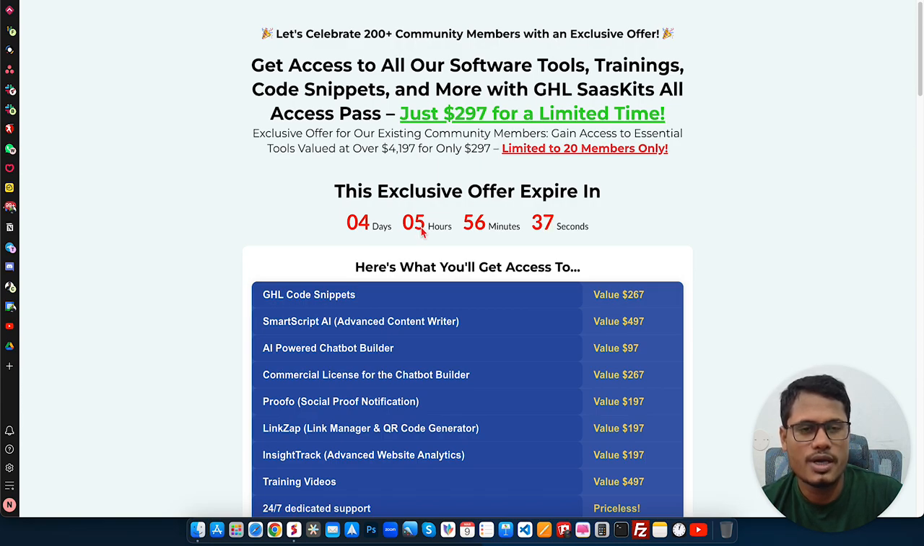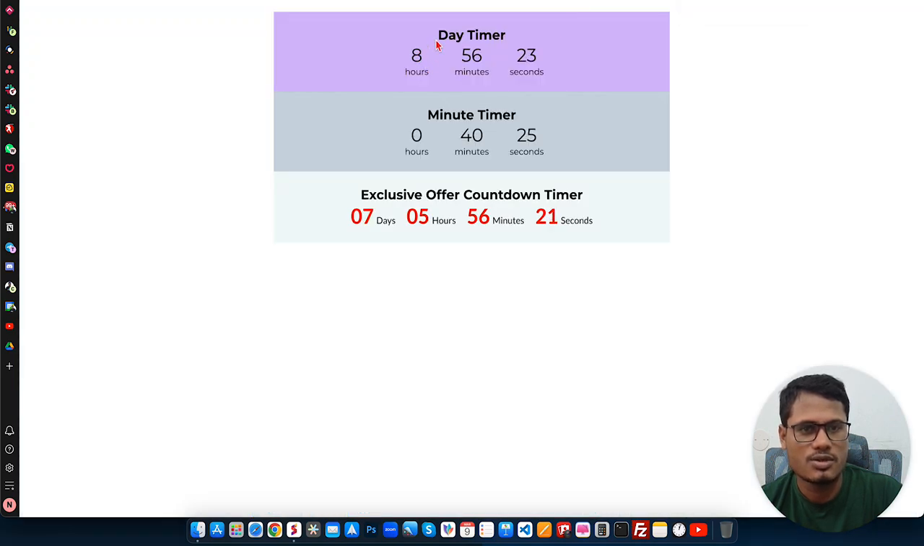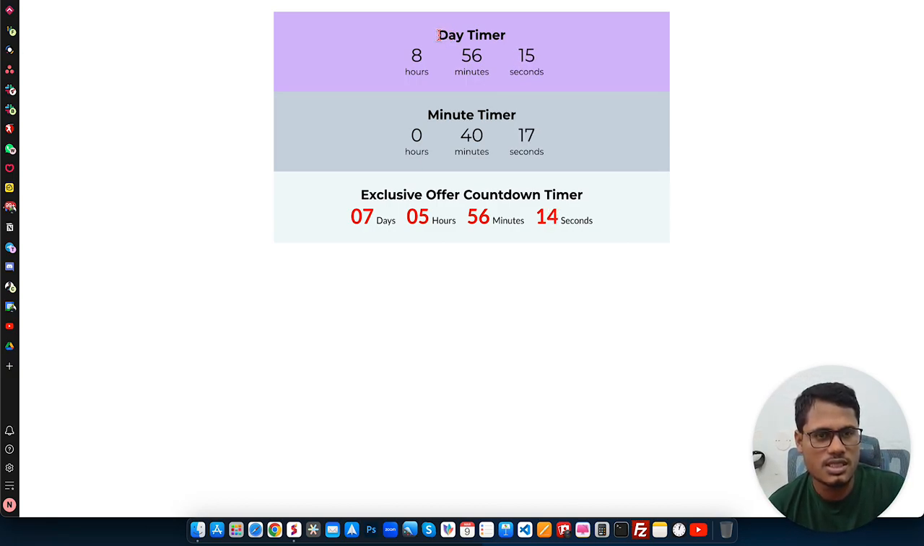GoHighLevel already has two different countdown timers on their page builder, but we are talking about a different one. Let me show you the difference from the existing ones. They have a day timer, which is actually the one day, so within the day you can set up the hours. And they have the universal minute timer, which is the evergreen timer